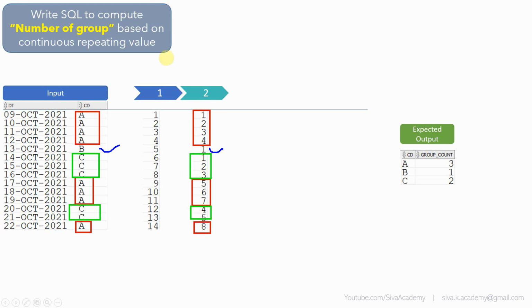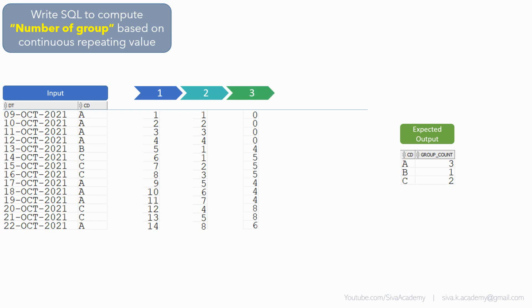Now that we have computed two things, a simple sequence and another sequence based on the code, as part of the third step, I'm just going to simply subtract the values we computed in step 1 and step 2. I'm just going to subtract these two and get the third computed value. The intention of the third computed value is basically to get a unique value for each code. For example, for A, you will get 0. Basically, I just want to eliminate the duplicates.